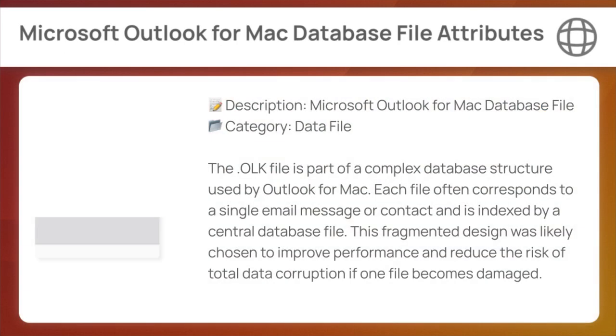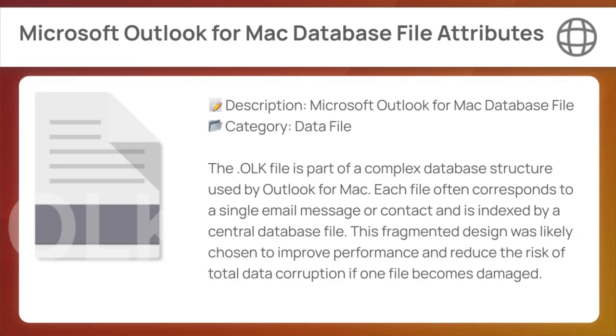The OLK file is part of a complex database structure used by Outlook for Mac. Each file often corresponds to a single email message or contact and is indexed by a central database file. This fragmented design was likely chosen to improve performance and reduce the risk of total data corruption if one file